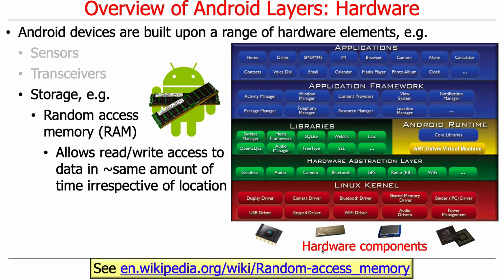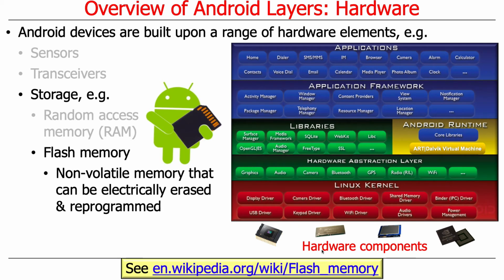Of course, limited amount is relative. Nowadays it's like 8 gigabytes of limited amount. Back in the early days it was a couple hundred megabytes, so we've got a lot more data than we used to. There's also something called flash memory, and that's the non-volatile memory where if you power off the device,